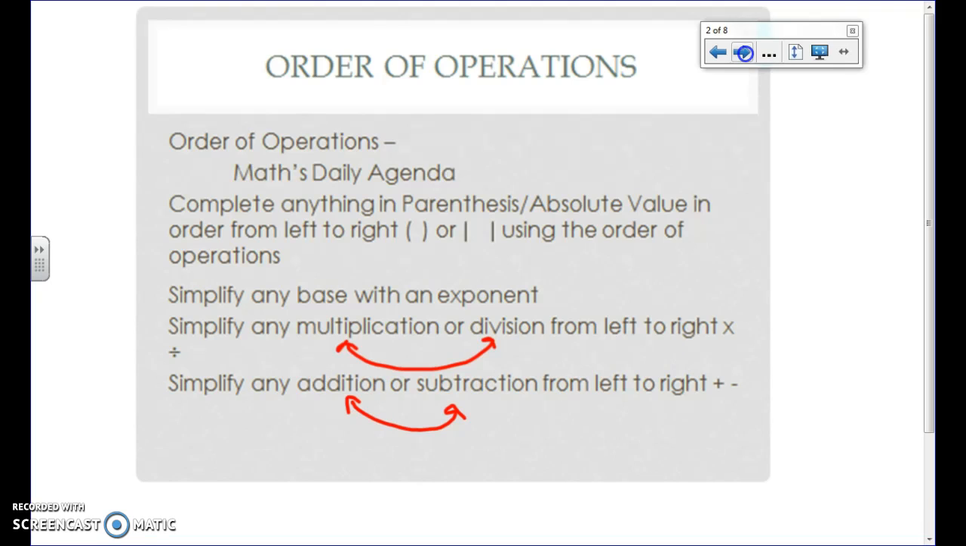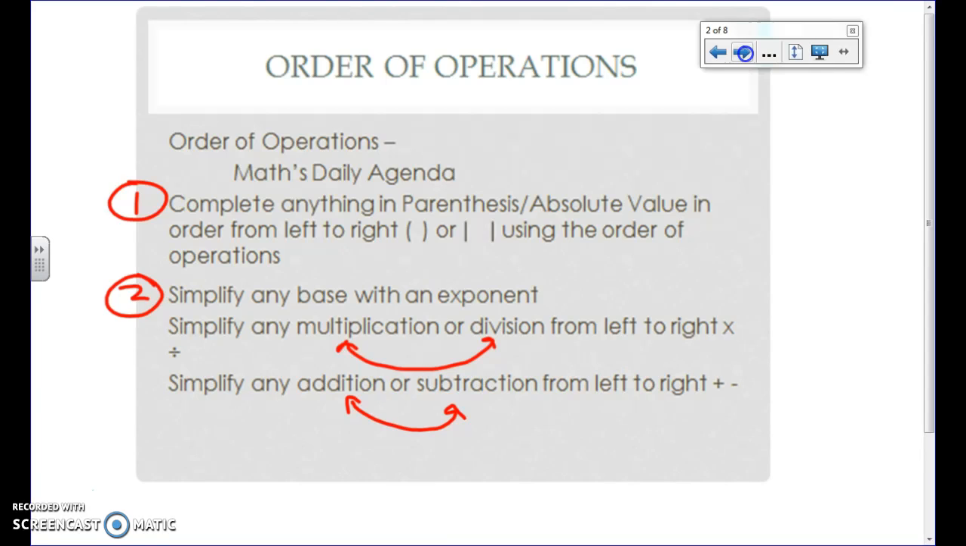Okay? So, daily agenda, number one, we are looking for anything in parentheses. We include absolute value with that as well. Any absolute values or parentheses, you're going to look inside of them. Number two, we're looking for any bases that have exponents that can be simplified. Now, as we get into more algebra and more variables, some of the exponents cannot simplify the variable. But if you see any exponents, you need to do that step second after everything in the parentheses is taken